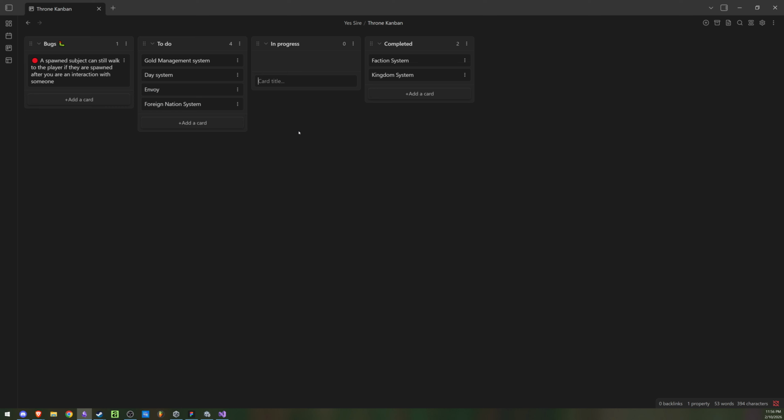But it's going to be interesting because the envoys, man, I don't know how it's going to happen, because the foreign nation system is going to have to run sort of randomly in parallel to your kingdom system. We want the foreign nations to feel like there are other systems handling their own stuff, and they actually have to have interactions between each other, right? Because then a foreign nation can be at war with another nation, but also be in alliance with you. So I guess everything is going to have to talk to each other,